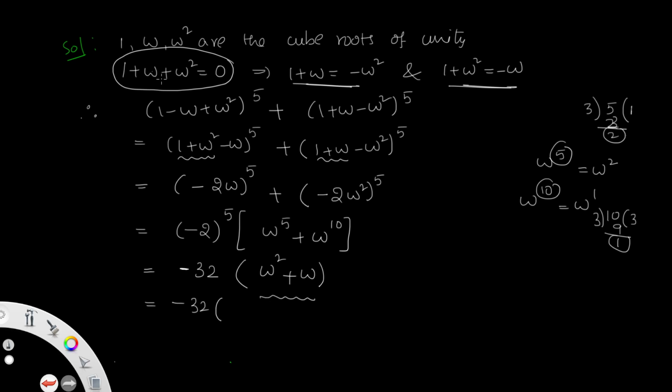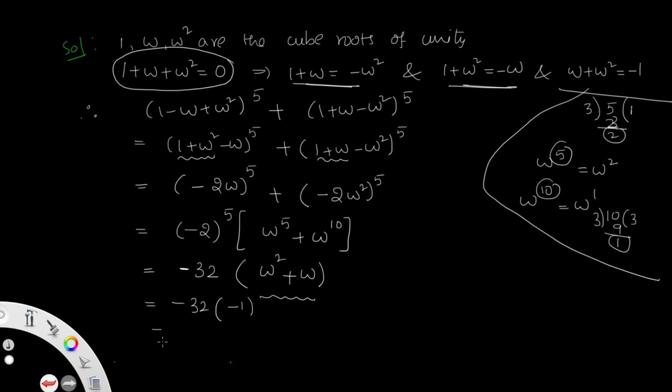From this, ω plus ω², we can write ω plus ω² also as minus 1. ω plus ω² equal to minus 1, that is minus 1. Then you get the answer 32, which therefore equals the RHS. I'm doing it in a very simple way, slowly, just writing the calculation part, that's why it is getting more lengthy. You can simplify; since we have just started, that's why I'm taking it like this.